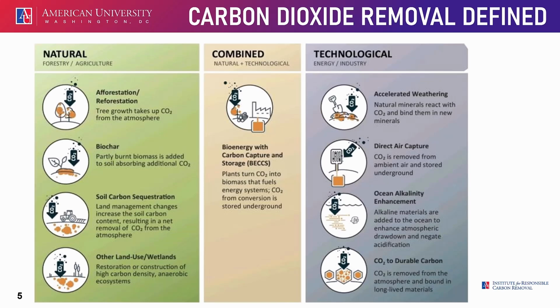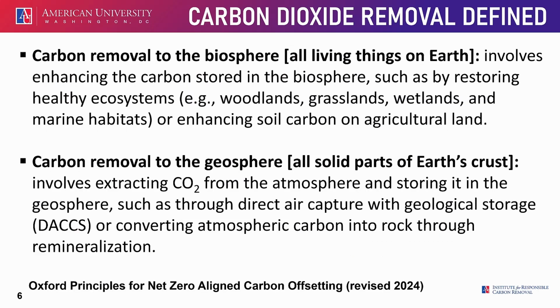An alternative way to categorize carbon removal is based on the form of storage by the processes we're using to facilitate carbon removal. So we have processes that involve carbon removal to the biosphere, right, which encompasses all living things on Earth. This, again, includes things such as afforestation and reforestation, and some of the approaches associated with marine-based carbon removal, such as seaweed sequestration, or again on